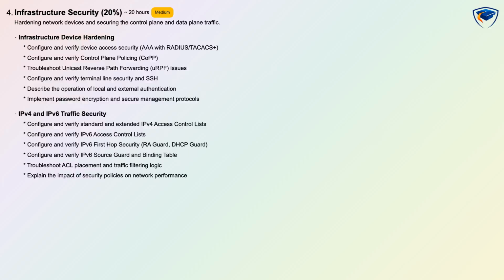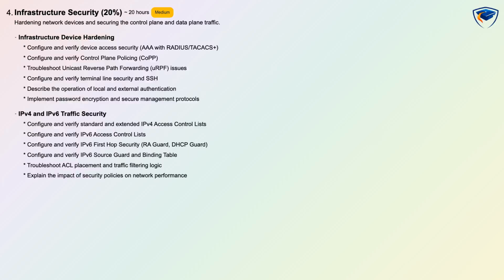You will configure AAA with RADIUS or TACACS+, secure terminal access with SSH, and implement control plane policing to protect CPU resources. You will study EIGRP authentication troubleshooting and password encryption, and on the data plane you will configure and verify standard and extended IPv4 ACLs and IPv6 ACLs. Implement IPv6 first hop protections such as RA Guard and DHCP Guard, and practice source guard with binding table verification